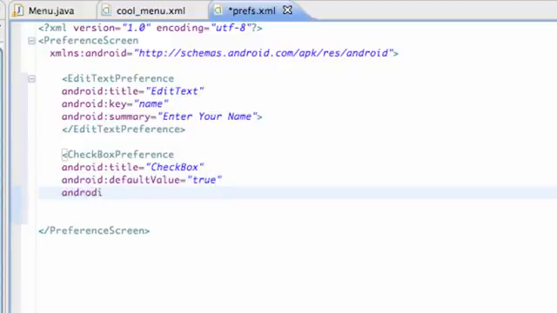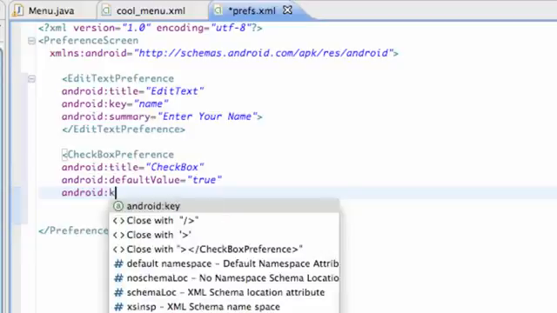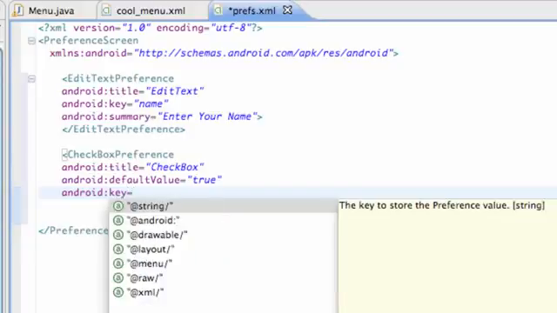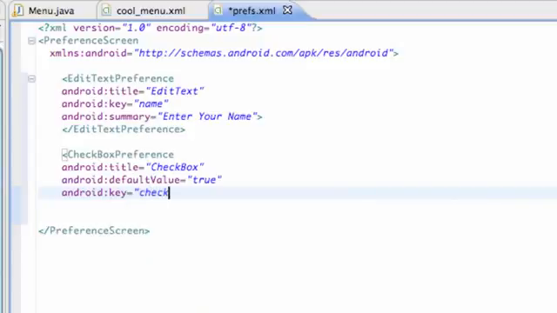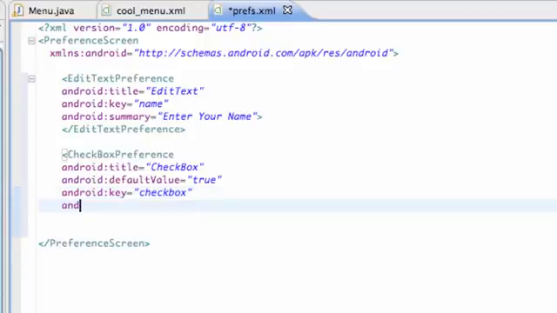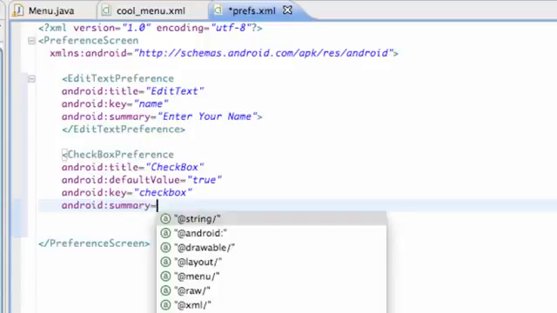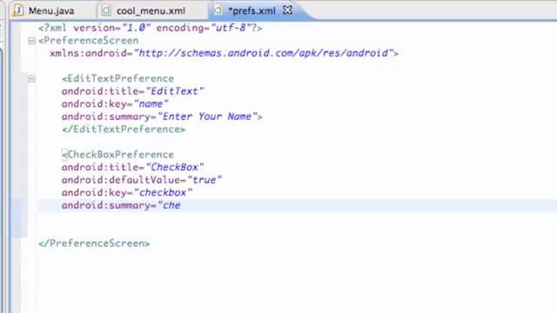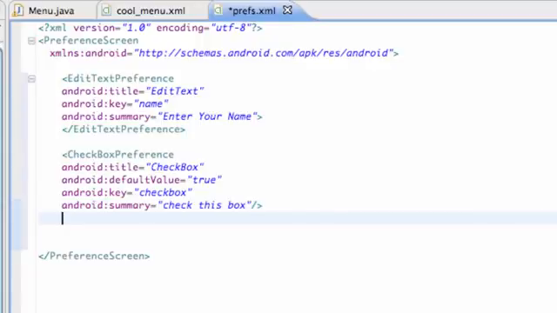and also we're going to add a key reference so it can save it, and we're going to call this key reference checkbox. This isn't really going to do much, but we're just setting it up for the most part. And again, Android summary equals check this box for the most part. Nothing spectacular. And then we're just going to finish it by slash, less than sign, and let's do one last